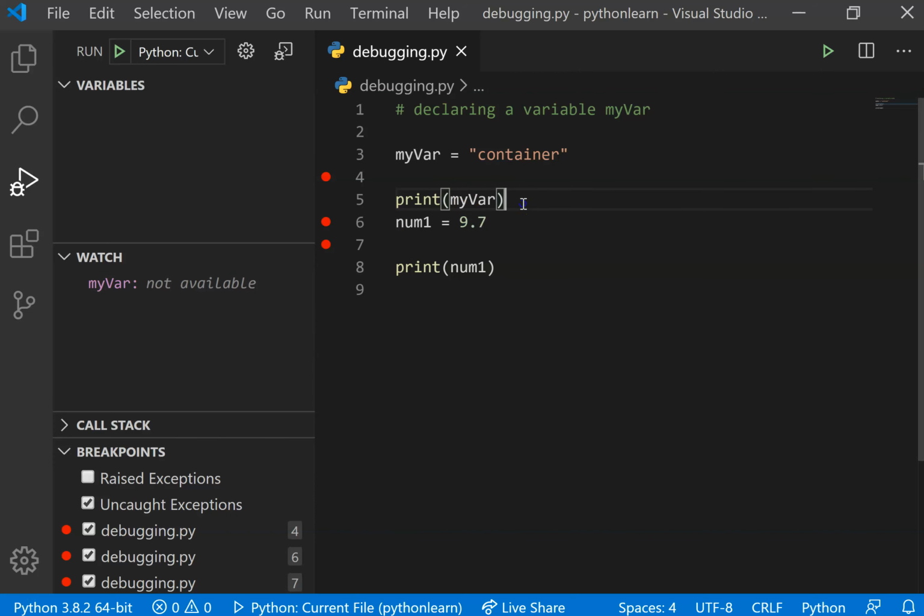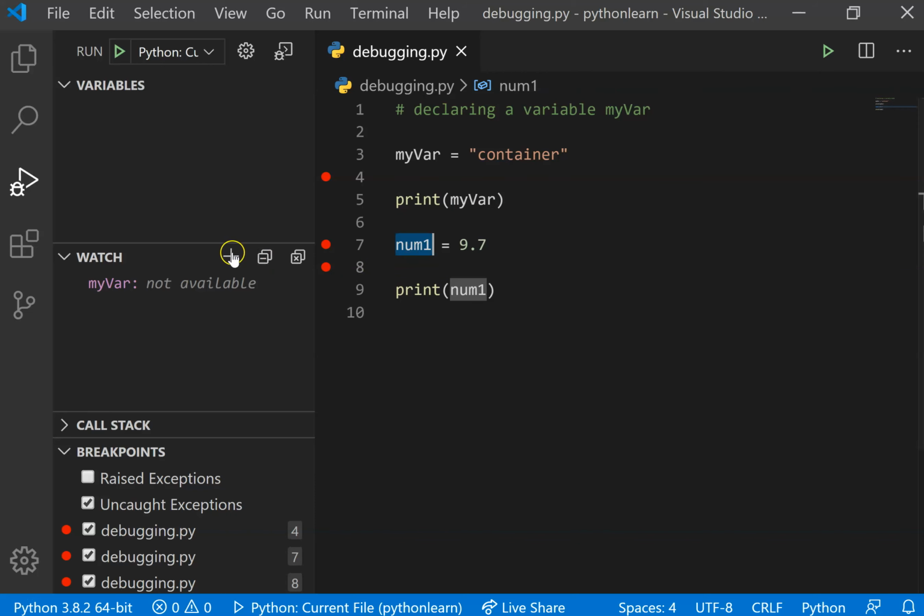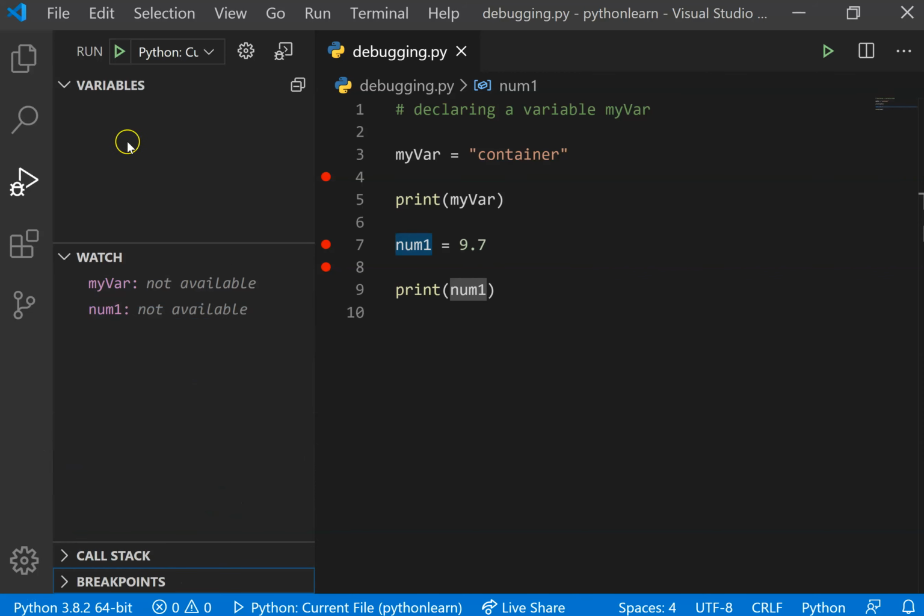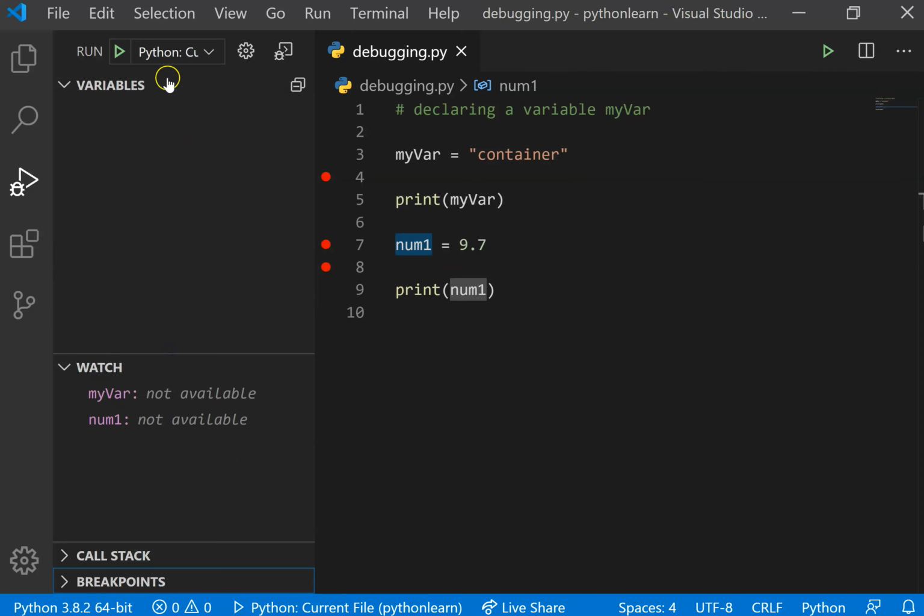So I want to watch something else. I want to watch this variable called num1. I can do plus, add the expression num1. I click enter. So debugging, when you want to start debugging, you go back to this corner where you have the Python file and where you have this green play button. So when you click on it,